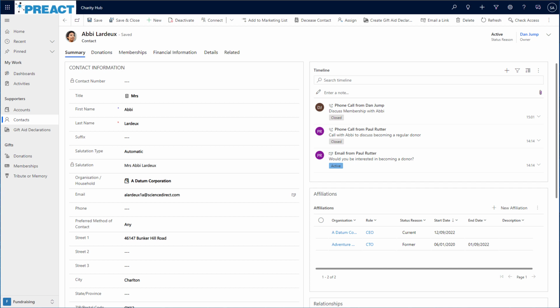Now, Abby has been making more and more frequent one-off donations, but we'd like to see if we can convert her into a regular donor or even sign her up to a membership. The one thing I notice about Abby is that my colleague Dan is responsible for her as a contact within our charity. So what I want to do is reach out to Dan to see if he has any more